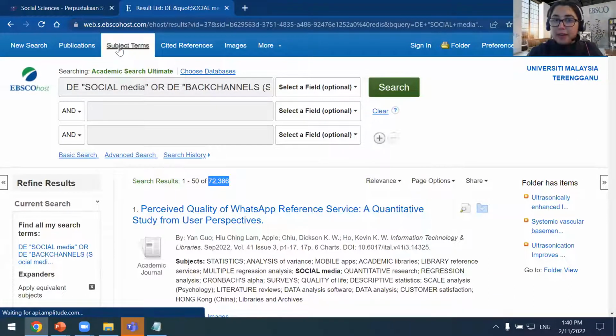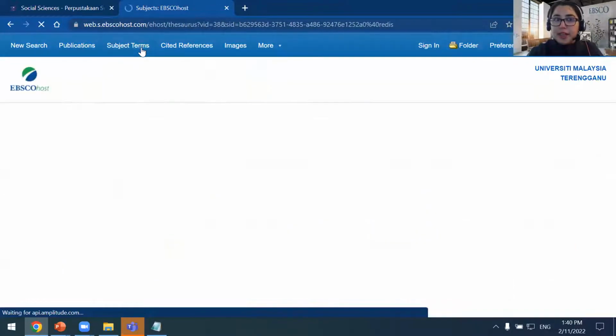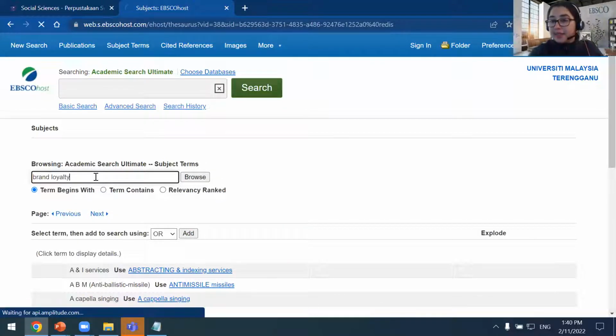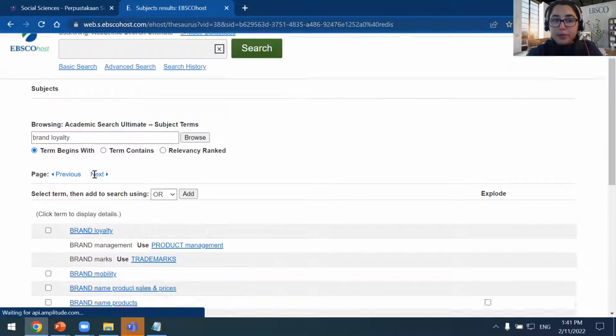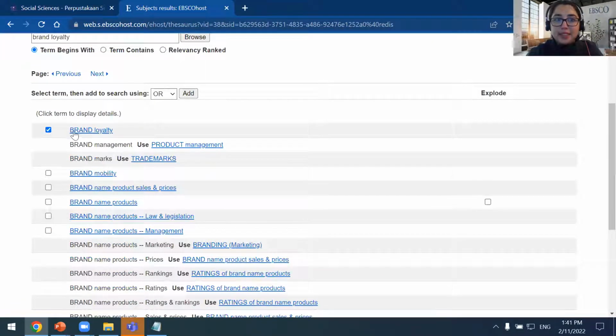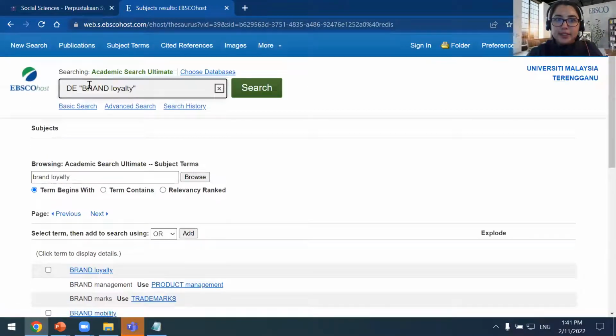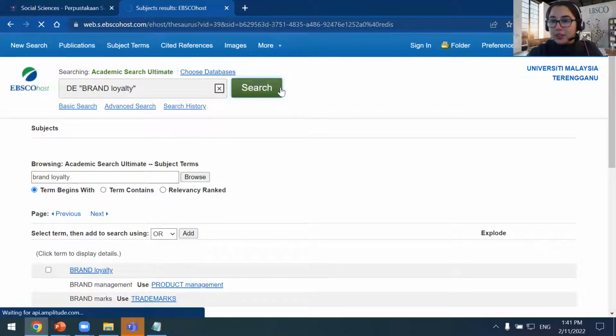I want to go back to subject terms, and now I want to look up brand loyalty and see if that is a subject term. So I type the words in, and you can see here, brand loyalty is a subject term. I'm going to add that to my search, and you can see that up the top. It's now going to be in my search, and click the search button.